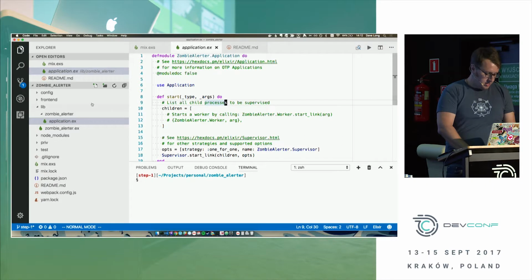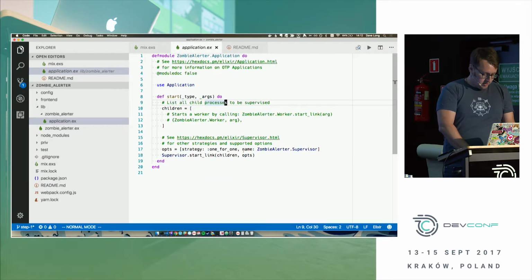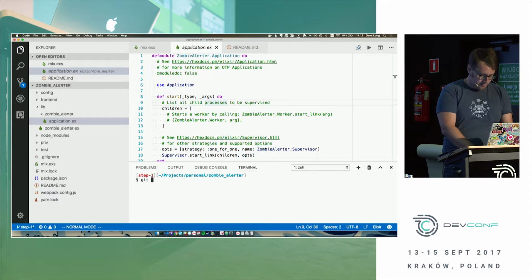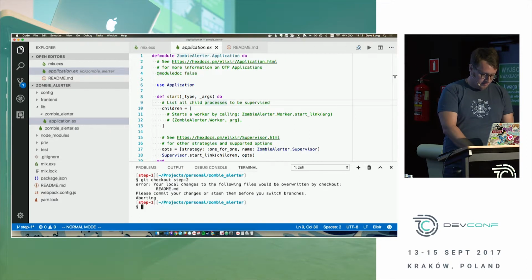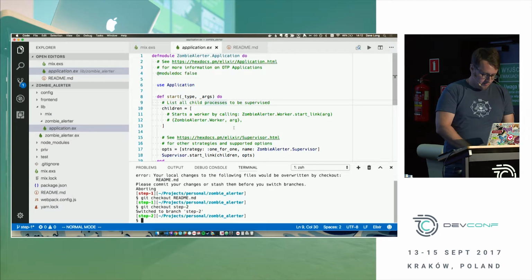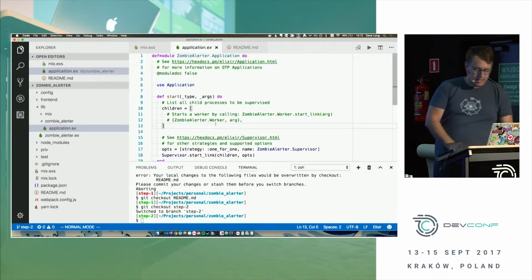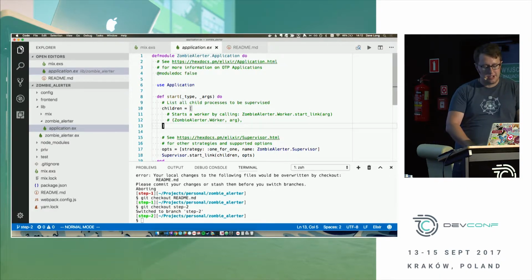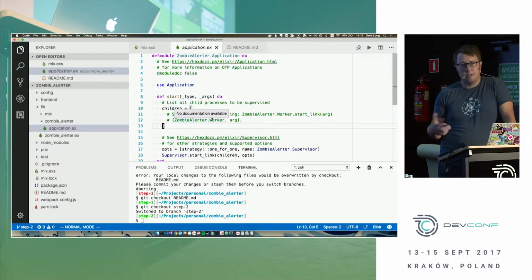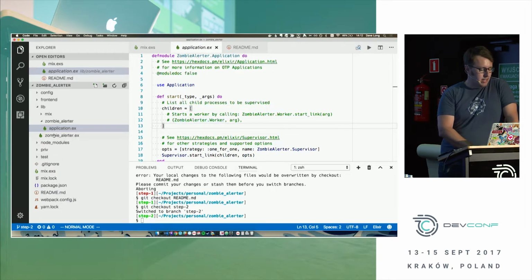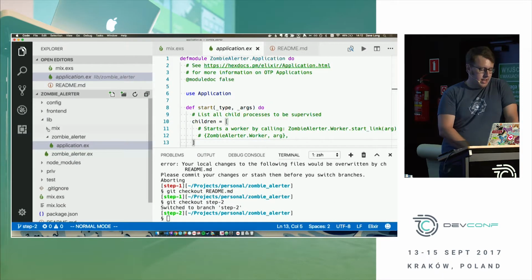Okay, so let me just switch to the next step. Okay, so as I said, extending mix with your own tasks is actually pretty simple. So we have two processes that we need to run. We have our router, which is going to run as an Elixir application. And then we also have this Webpack front end that we need to run as well. So to create that mix task is as simple as adding here, and let me zoom in a little bit more, adding in